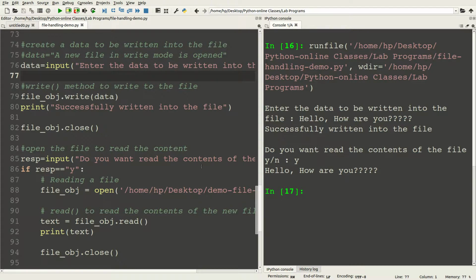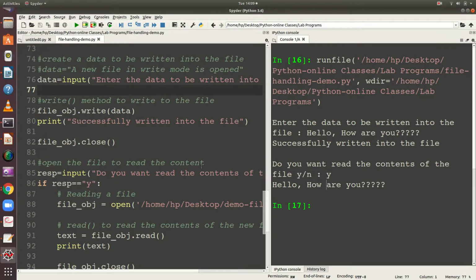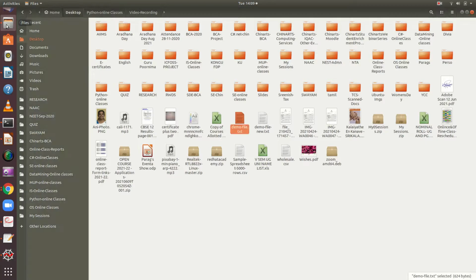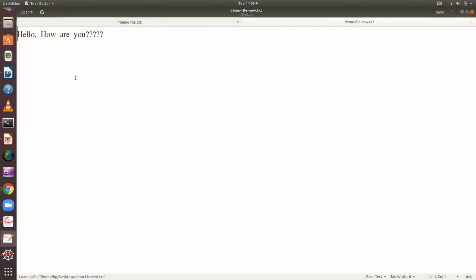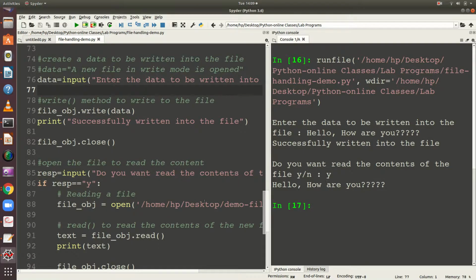And if you want to see whether it is available in the file or not, you can go, because I am creating it on the desktop, right? So let me go to the desktop folder, and you can see here demo file-new.txt is available. I double click on it. It shows hello, how are you? Okay. So this is how this particular write method can be used to write the